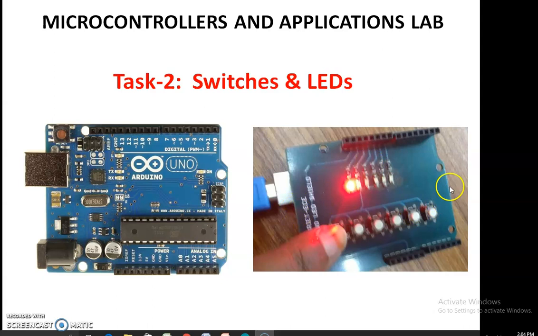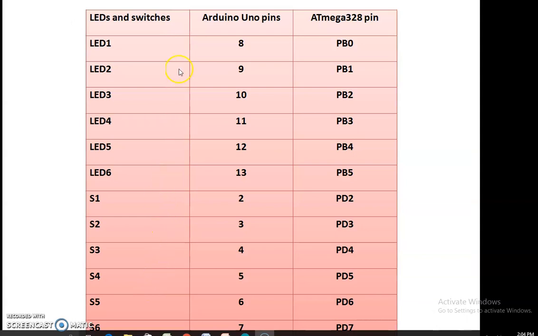In this task we are going to use this switches and LED shield. You have to attach this shield on the Arduino board, and this shield has six switches and six LEDs. These are the LEDs, these are the switches, LEDs 1 to 6, switches 1 to 6. Next, see this, the shield with switches and LEDs must be connected